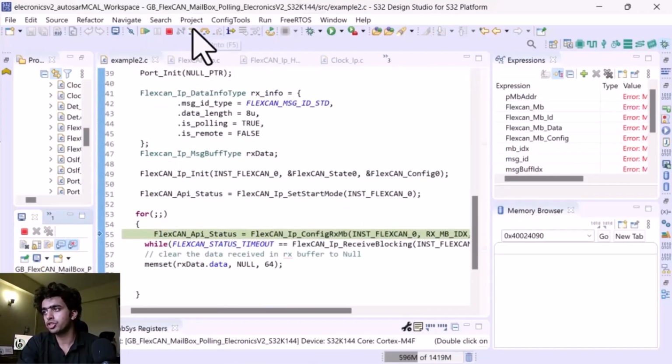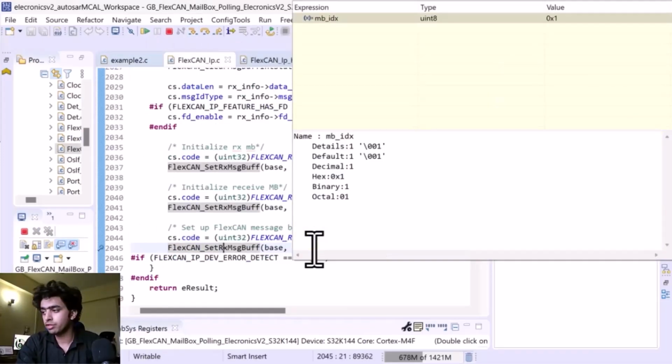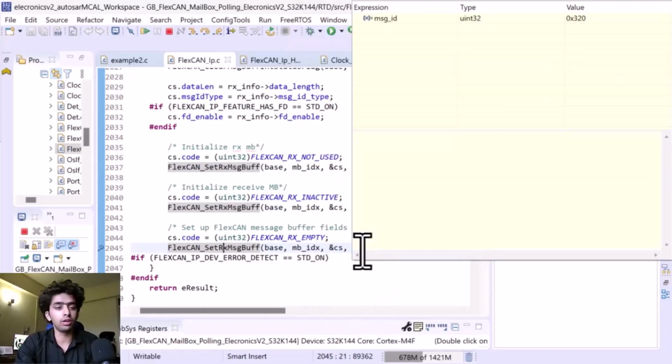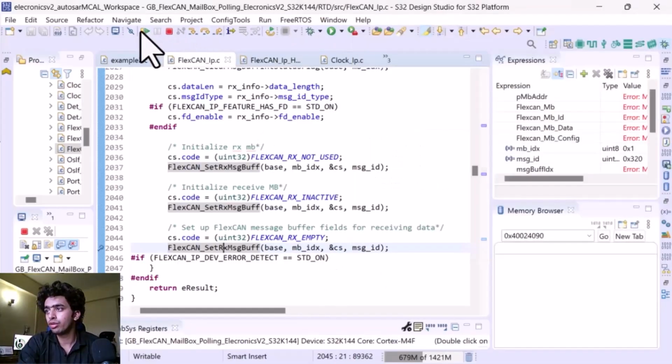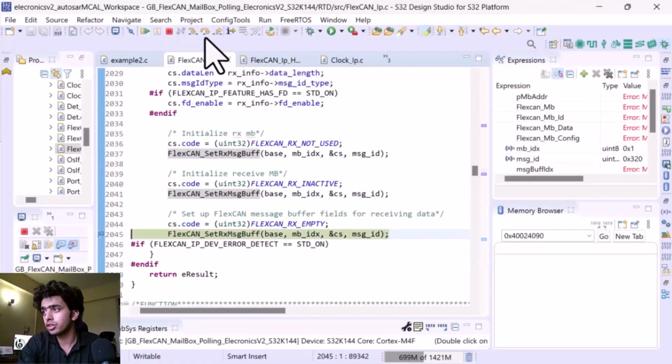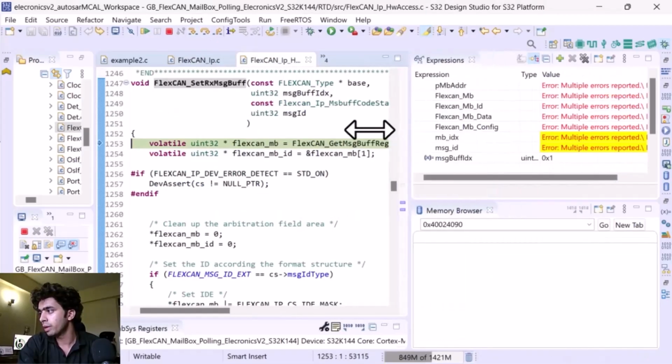Now inside this function, the mailbox which we have sent is going to be bound with the message ID that we want to receive the data on. If I set the breakpoint and step over this function, it first gets to know the mailbox memory region.